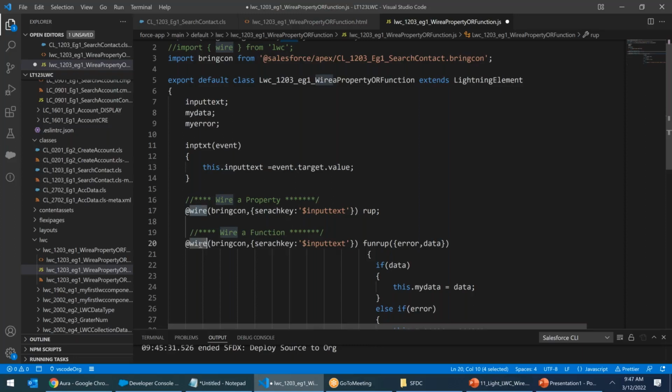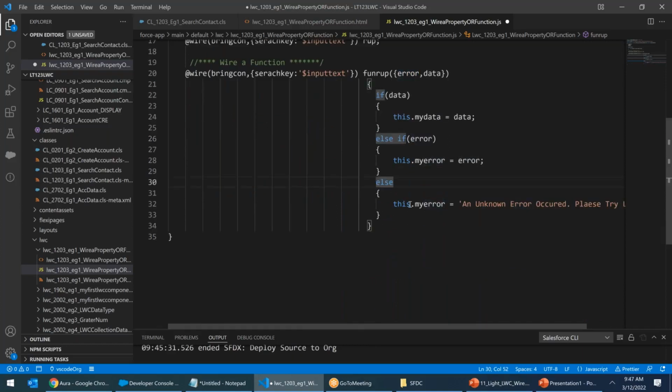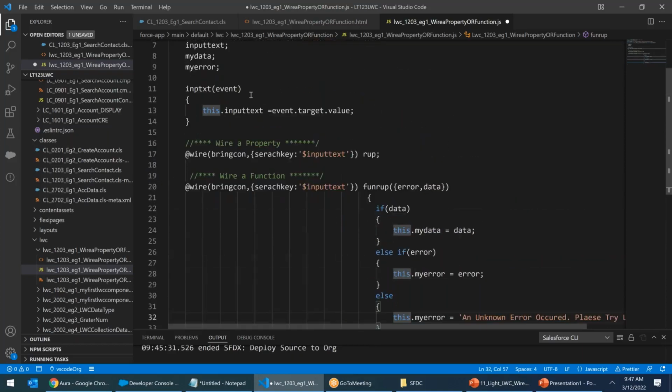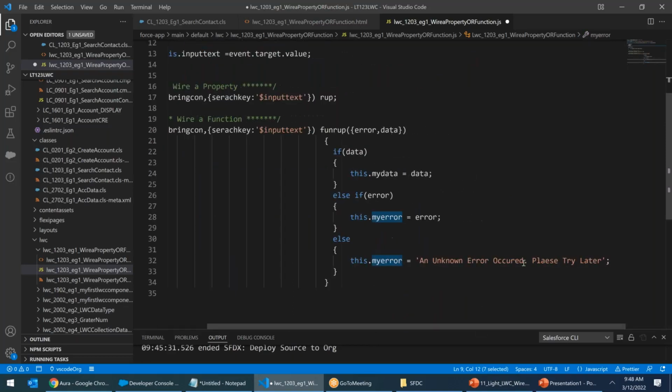As soon as the initialization happens, there is no keyword, so there is no data. If data is populated, no. If error, no. Data is not there at the time of loading, and error is also not there. Then it has come to the else statement, and to my error variable I have set an unknown error has occurred. As the page loads, data is not there, so it comes out of the if statement. Is error there? No, so it comes out of that if statement too. Finally, the else statement. At page load you have not typed A, B, C, R, you have